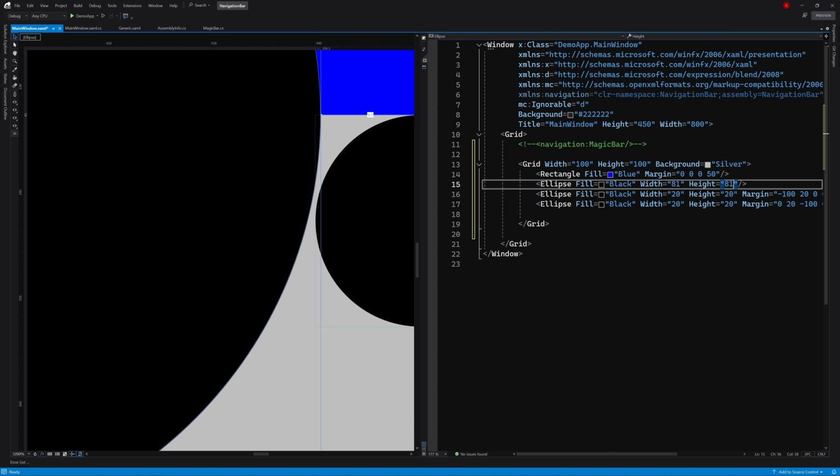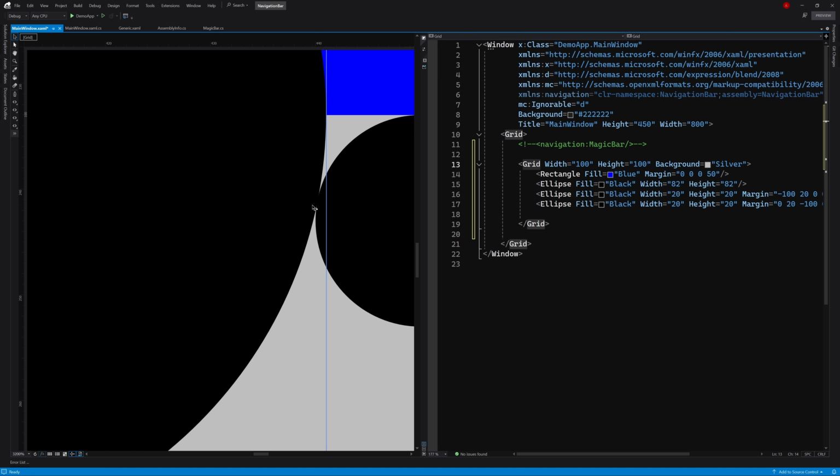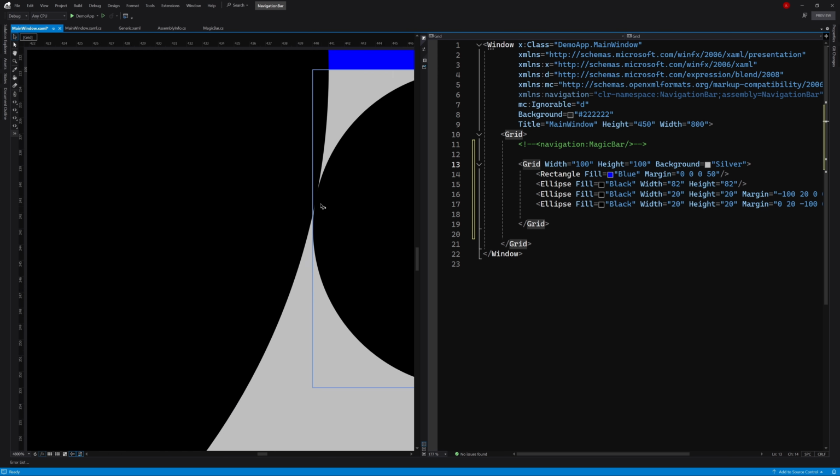Oh, it seems too small. Then 82. It's too big. So let's gradually increase the values.